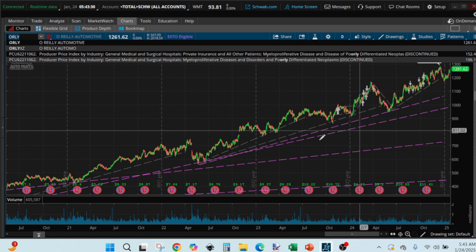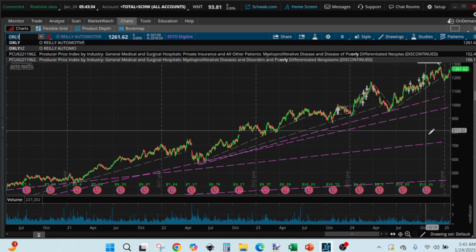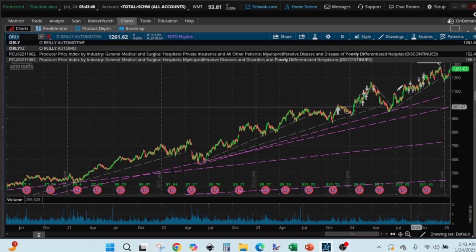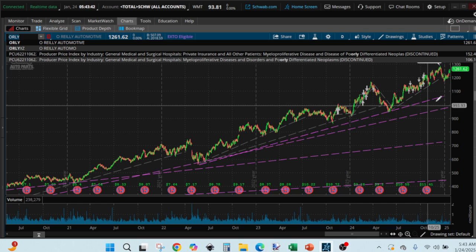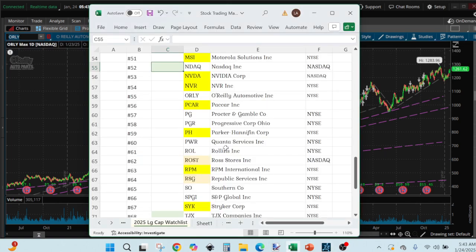So ORLY, we have those trends that we like to buy at, but right now it is following this trend line. It's still working on one side of the mountain there, but we would prefer to just wait. When it touches base, we can get in. The next one is